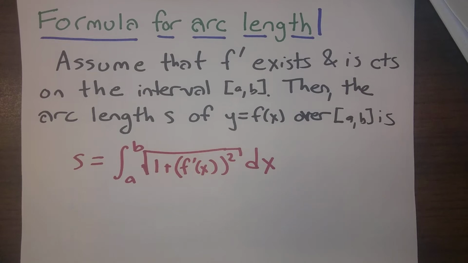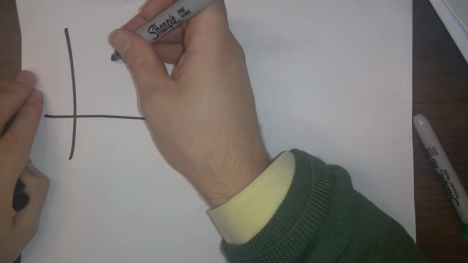We've dealt with this formula for arc length and everything we've done so far, but the title of the section is arc length and surface area. So we have one more topic to discuss, and that's going to be, well, what happens if we have a